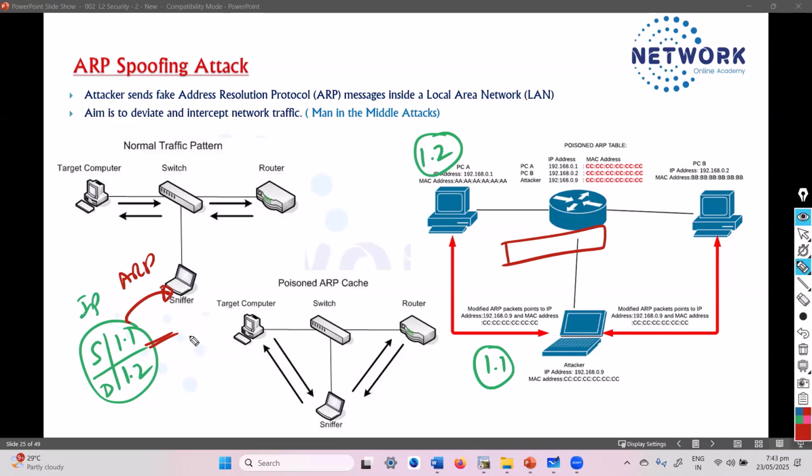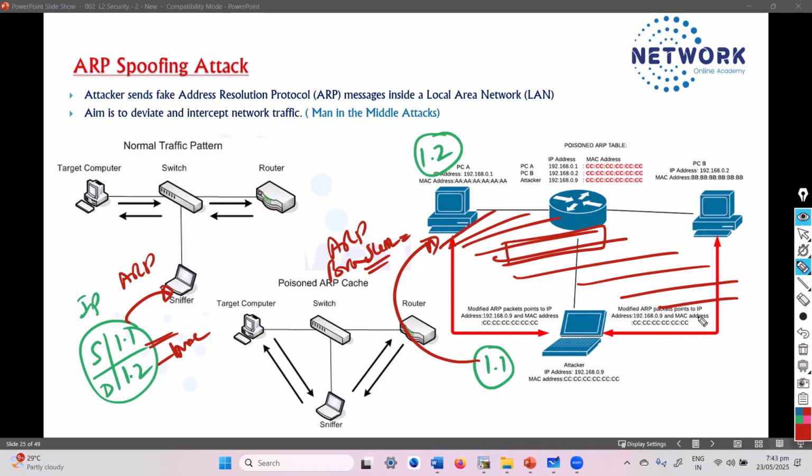ARP is going to send out an ARP broadcast asking, hello, 1.2, what is your MAC address? The request will go as a broadcast, which means everyone will receive the request. And that particular 1.2 is going to respond back with its own MAC address, right?